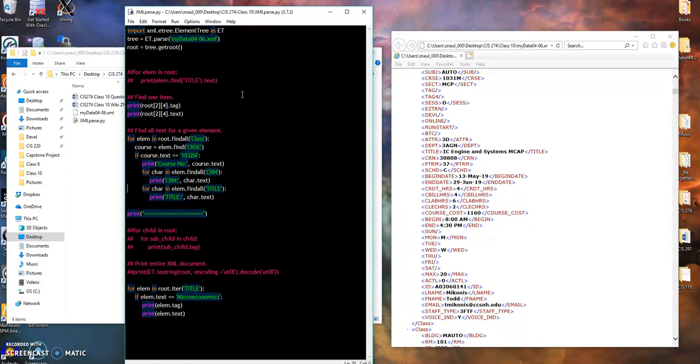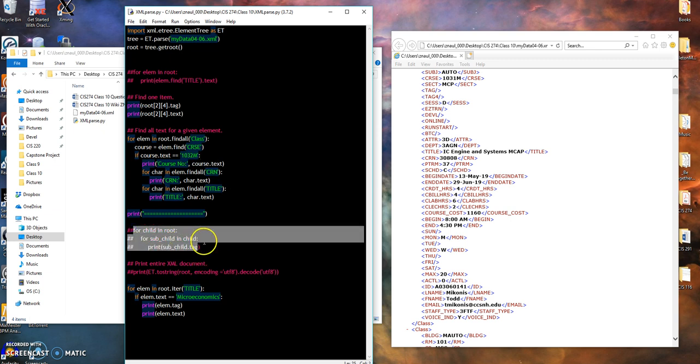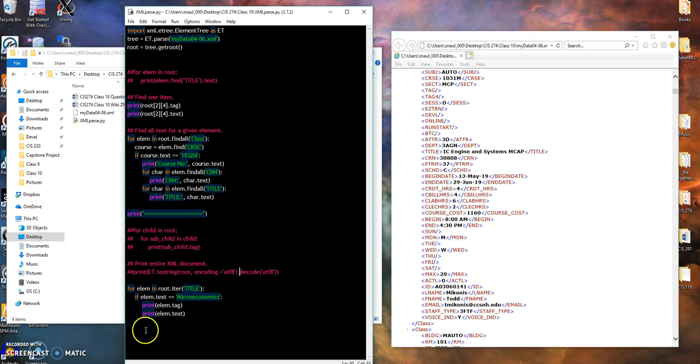And so I've got a couple of different ways to search for things. You can do all the items. This one will do one particular item. This will do all the text for an element, and then I've got it set up to filter right now. This prints out the entire thing for everything that you specify it to be. That'll do all the side tags, so all of these. This will do the entire document, and it reformats it. And then this